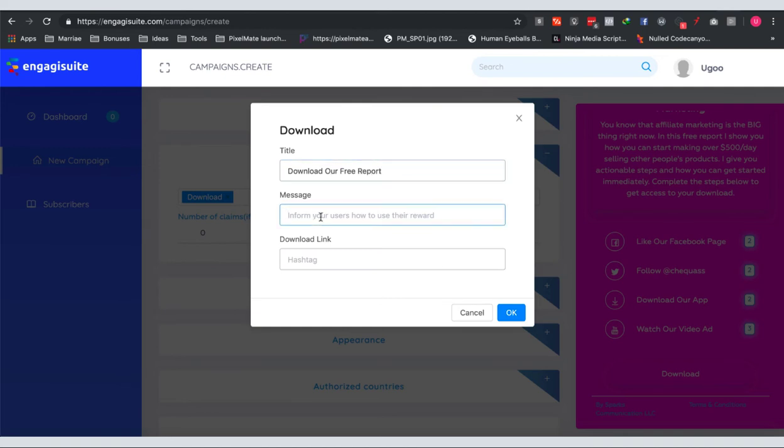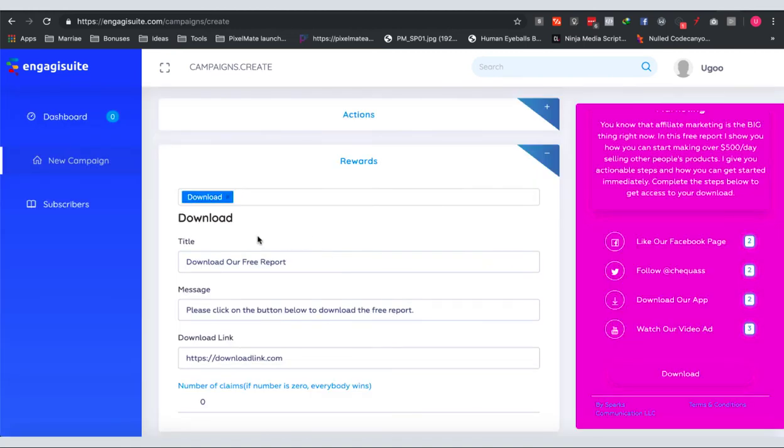Okay, please click on the button below to download the free report. Okay, so we give them the download link, downloadlink.com. All right, so once you're done here, and basically this is not compulsory,